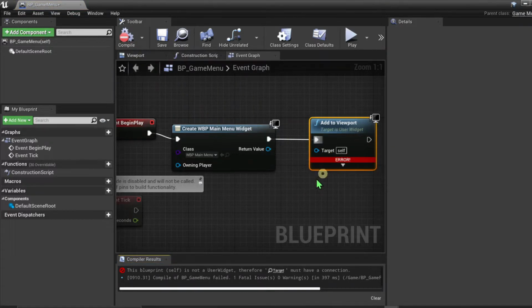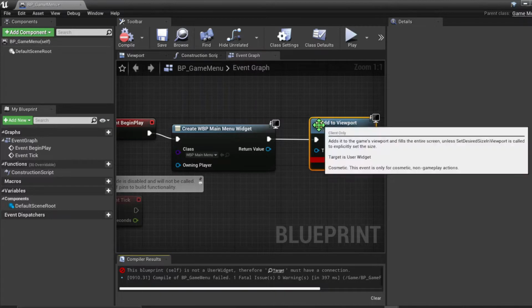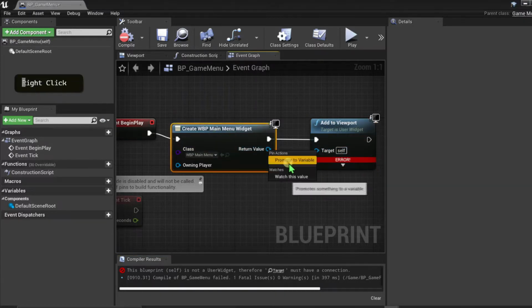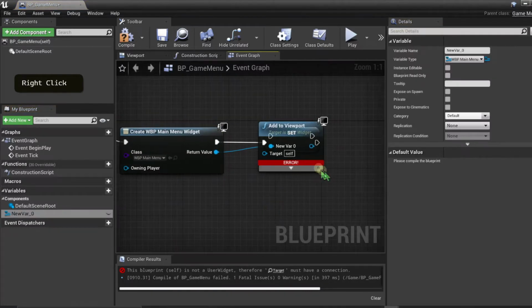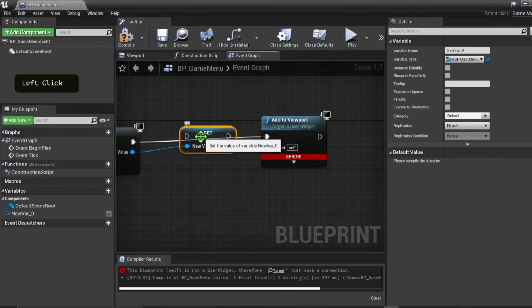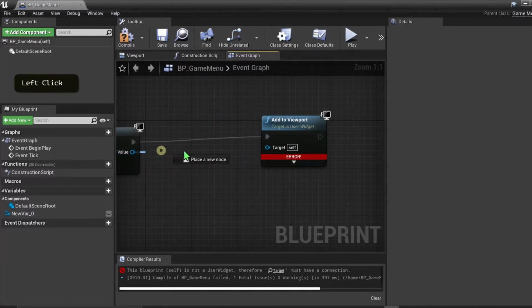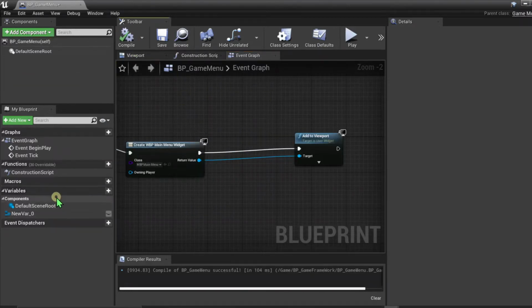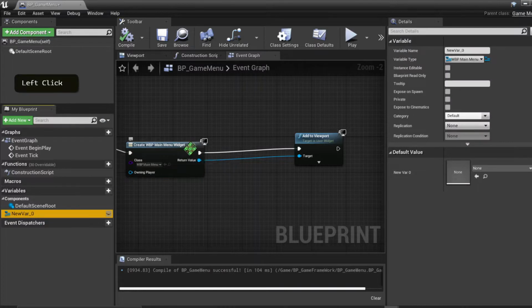Okay, so the compilation failed, and that's because what we're adding to the viewport is the HUD. So I'm going to just promote this to a variable. So we could either promote that to variable or just connect it automatically. So we have our blueprint, and then if I compile that, you'll notice it will compile. So just to make things cleaner, I'm going to have this variable which represents our HUD reference. I'm going to rename this